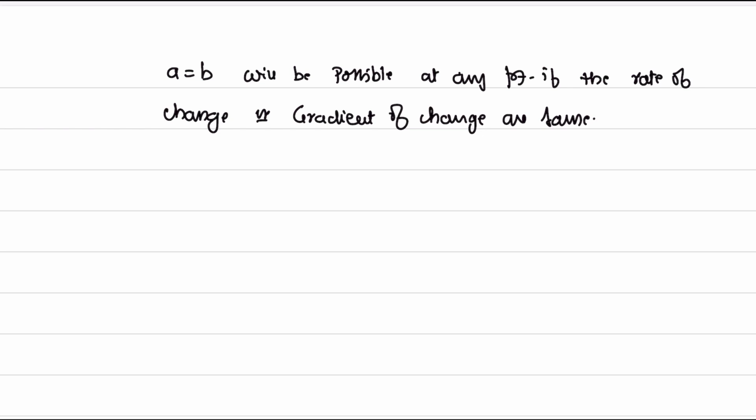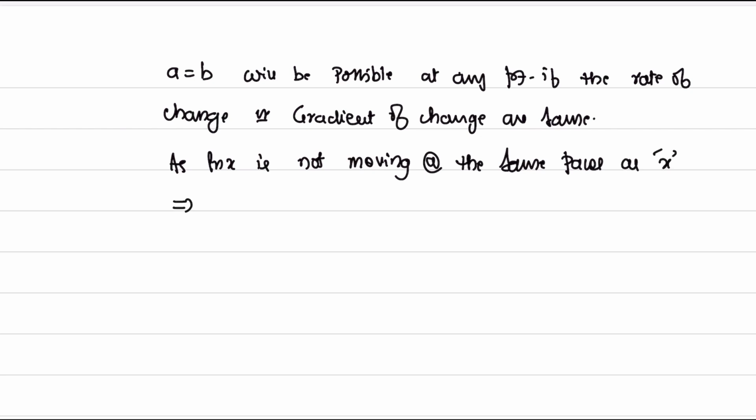If ln x is not increasing at the same pace as x, that means ln x can never be equal to x, as ln x is not moving at the same pace as x. It means ln x equal to x can never have a real